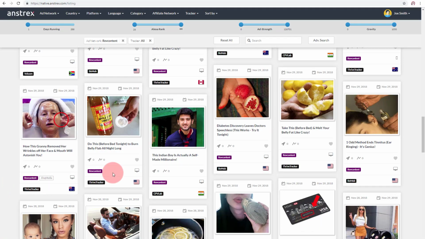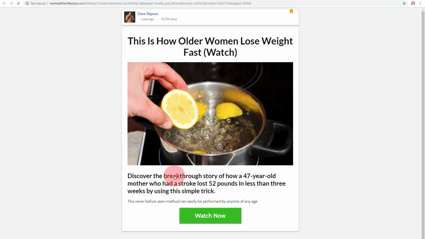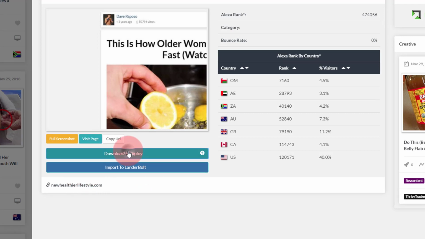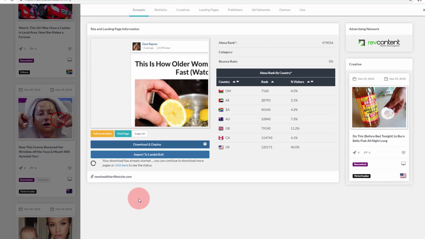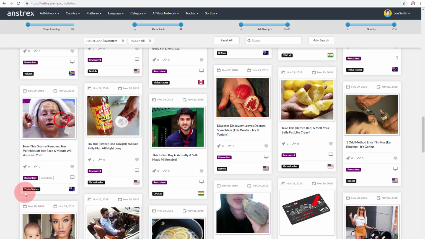I'm going to do one more. Let's look at this one. Okay, this is also a pretty good lander here. It's meant for mobile devices. So let's go ahead and download this one as well. All right, same process. All right, so I have 3 downloads going on, and let me check the progress of